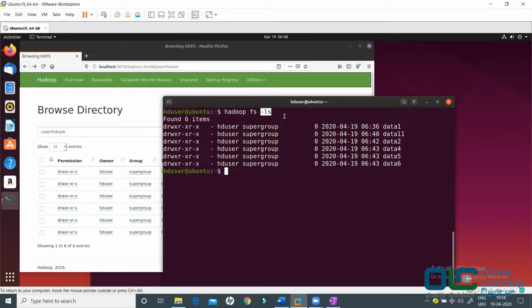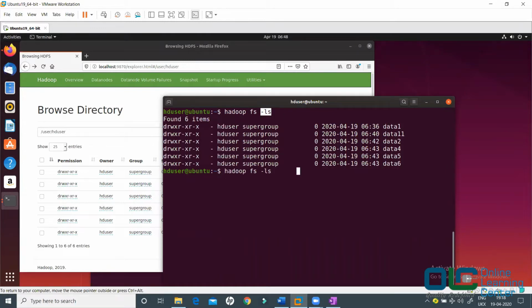By default, when you don't specify anything, that always means /user/hduser, because you are currently using all these commands as your hduser. So whenever you are doing any operation, if you don't define any specific path, then by default it will be treated as if you want information about /user/hduser.